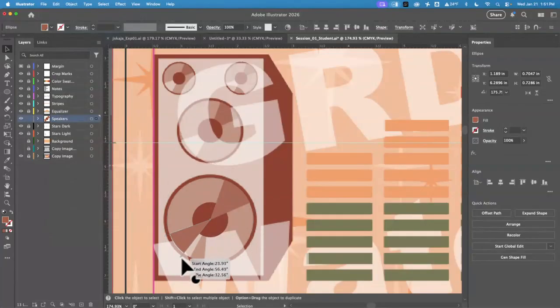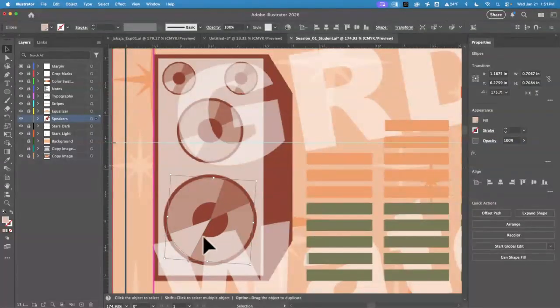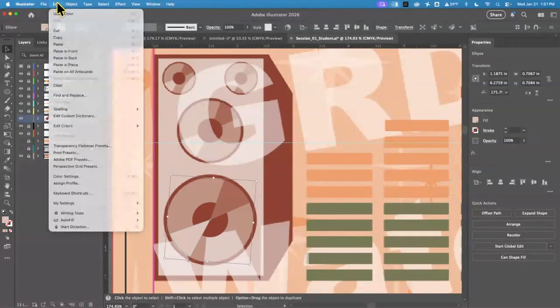And I can still adjust the size of it by pulling on those little Pac-Man parts. And I can make that even lighter. I'm going to click on that fill color. It's on the palette. And we're dragging that down to 25. Now, if I edit,